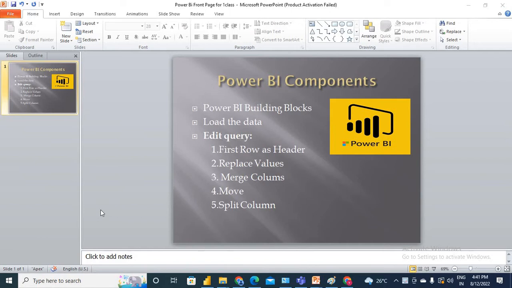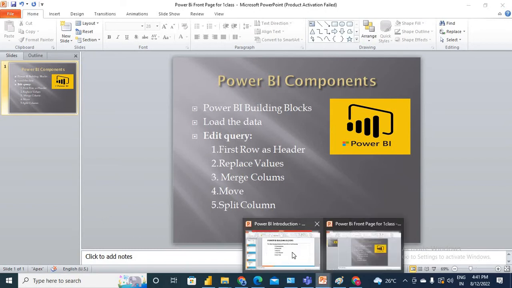As well as we'll learn about the Edit Query. In the Edit Query, we'll see the first row as a header, replace the value, how to merge the columns, how to move the columns, as well as how to split the columns. Now we'll move to what is the